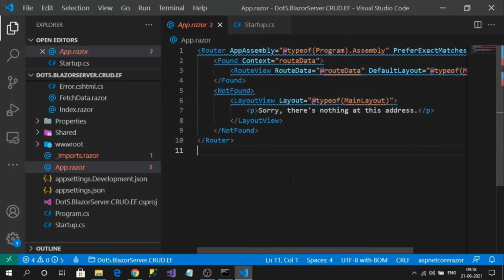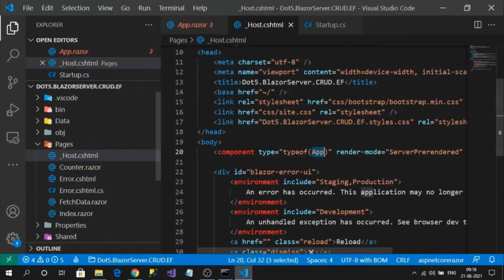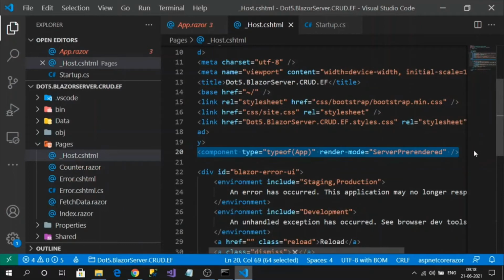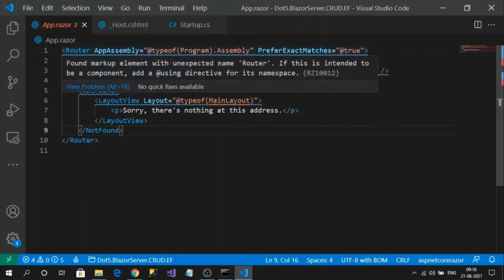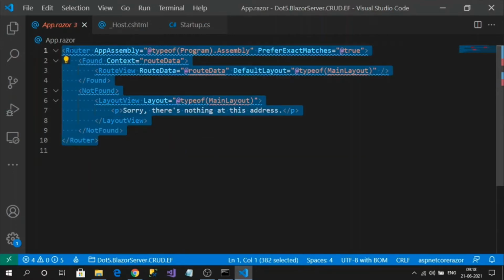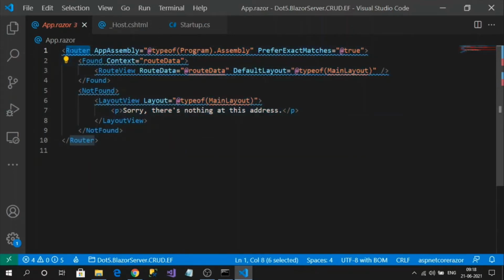So in the host file, we are loading the Blazor component, that is App.razor. From this point, Blazor code will get executed. Here you can observe the Router, which is one default component that handles the Blazor router.